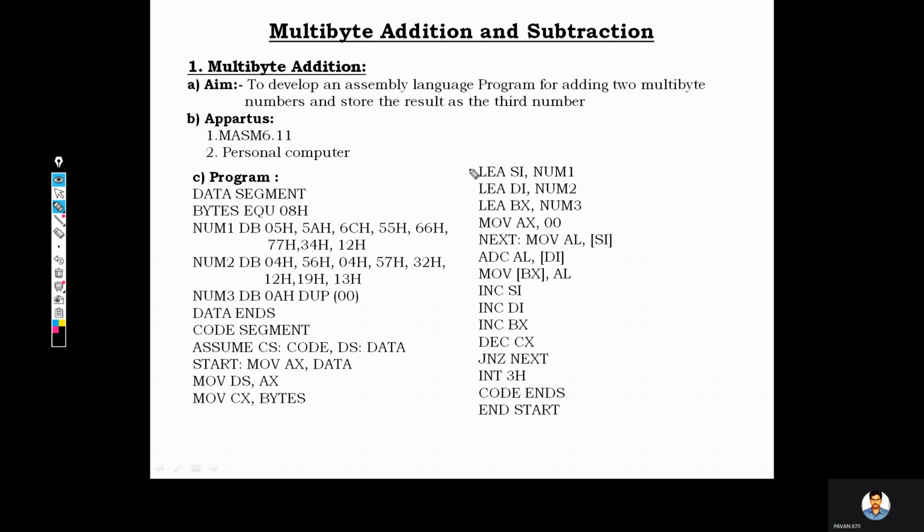Next, these three steps are very crucial, and the statement here, LEA, means load effective address. These are three continuous statements: LEA SI, LEA DI, LEA BX. What this LEA exactly means is, in our 8086 architecture, similar to the segment registers. We have already discussed the purpose of a segment register.